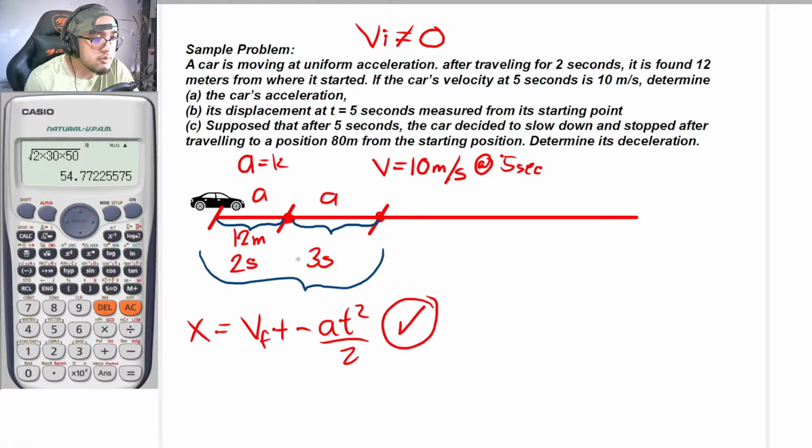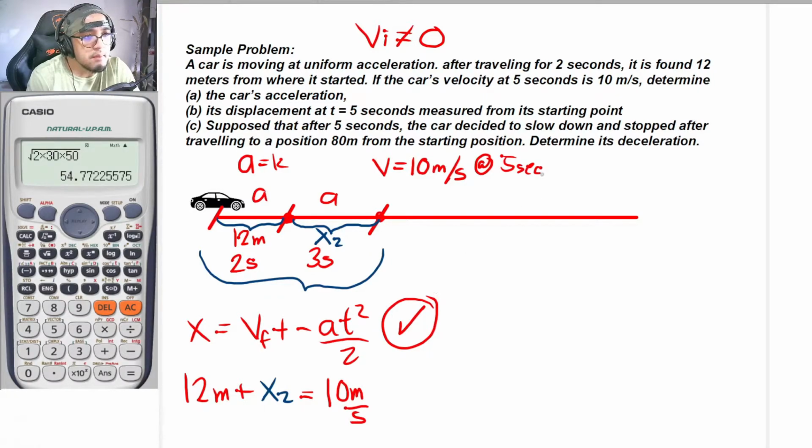And for me, what I would be doing is combining these two. So for the value of your x, that is now equal to 12 meters plus, let's say this is x2 for pretend. So with that, 12 meters plus, of course, your x2 is equal to Vf times time. So our Vf is 10 meters per second. So 10 meters per second times time. So time is already given. So 5 seconds, so times 5 seconds